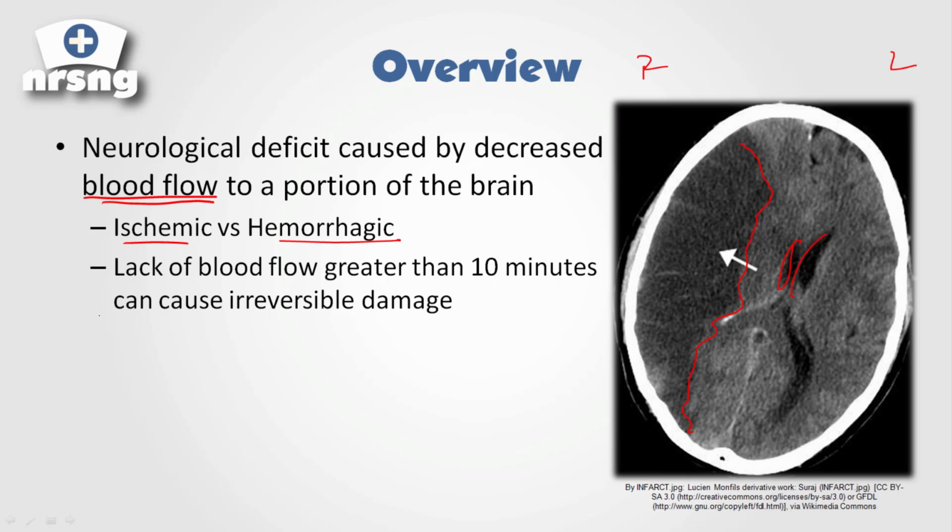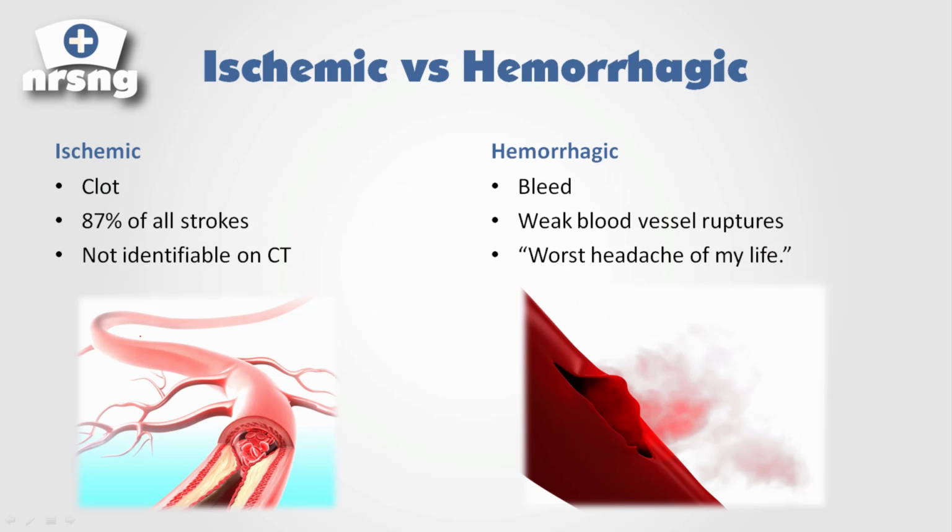So regardless of whether it's ischemic versus hemorrhagic, what we're concerned about here is this decreased blood flow to the portion of the brain. Much like a heart attack, if one of those vessels becomes occluded, or if one of those vessels ruptures, we have that issue where blood flow is not progressing beyond that point, and without the blood flow, it's not getting oxygen, and then we have tissue death, right? Okay, so that's what a stroke essentially is.